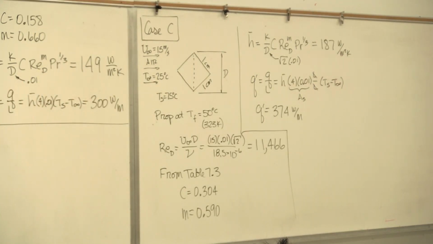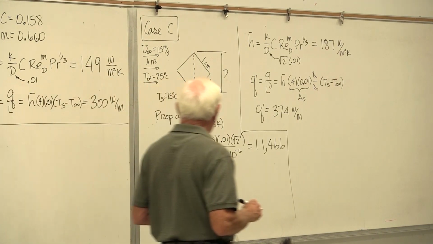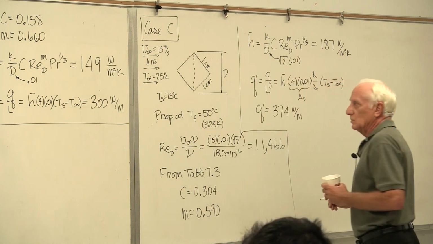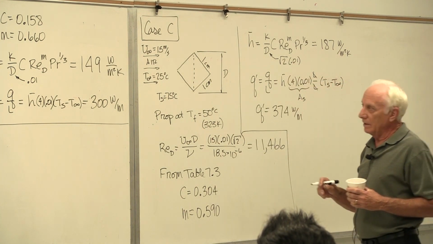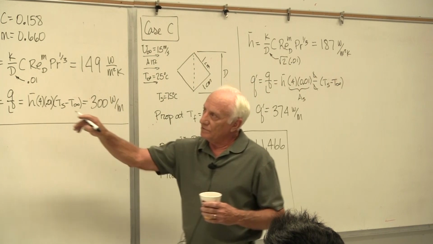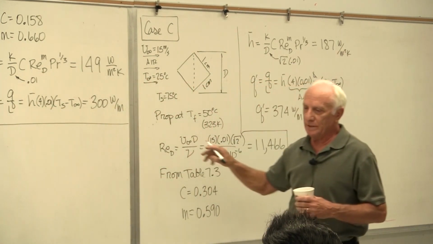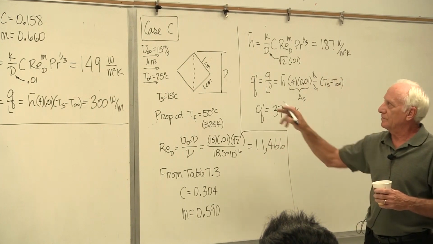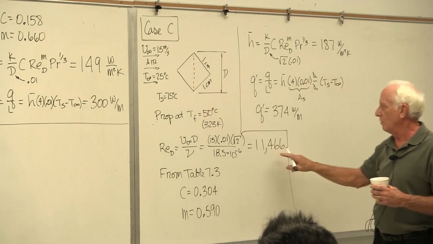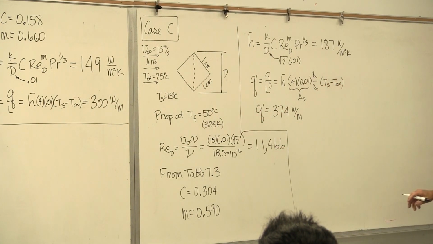So, you've got a 1 centimeter square tube. You want good heat transfer. If you put it with the flat side facing forward, you get 300 watts per meter. You put it with the point facing forward, whoa, it goes up by 25%. 25% more heat transfer just by turning the tubes 45 degrees. That's why you should always check things like that, especially for non-circular tubes.